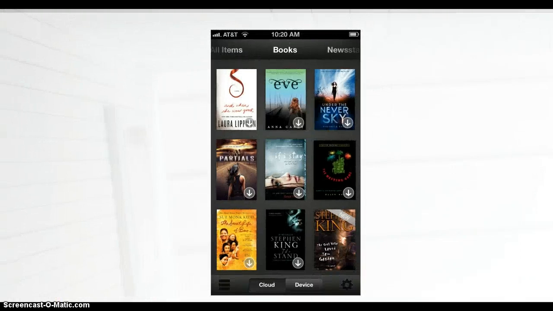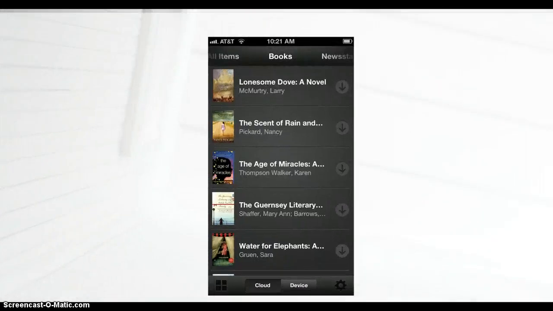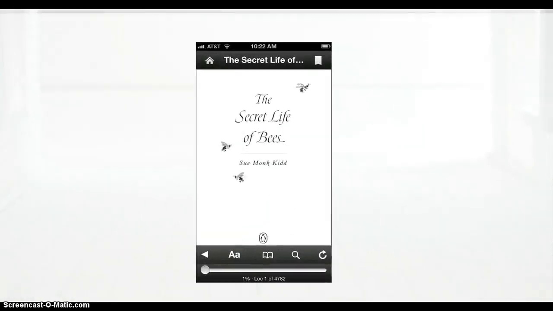This is just an example of what the app looks like, the All Books section. So these are some of my books. If you don't like this layout, then you can also use this one with the title and the author easy to see. Once you actually click on a book, so this one's The Secret Life of Bees, this is the